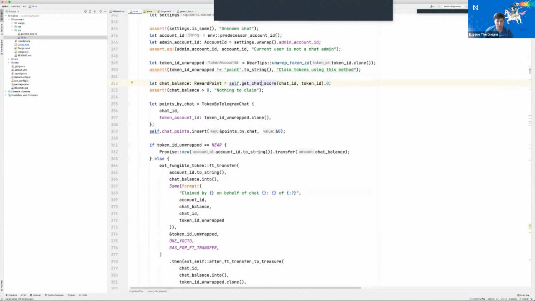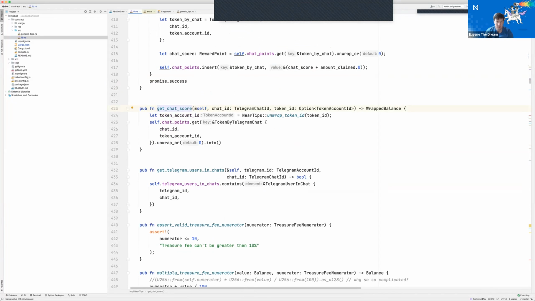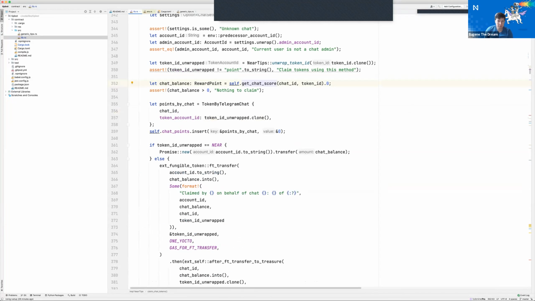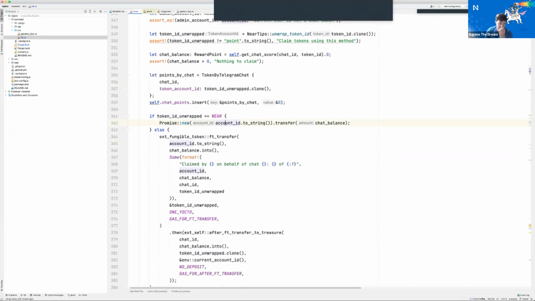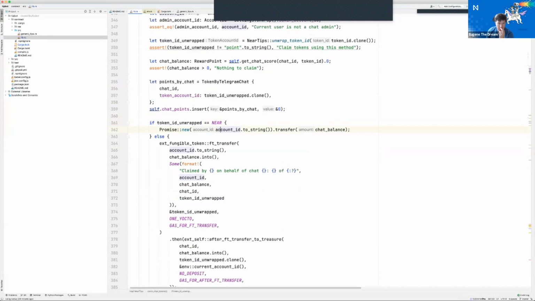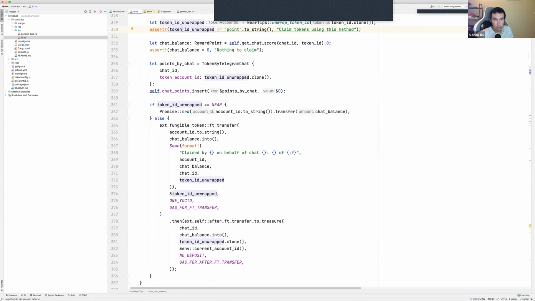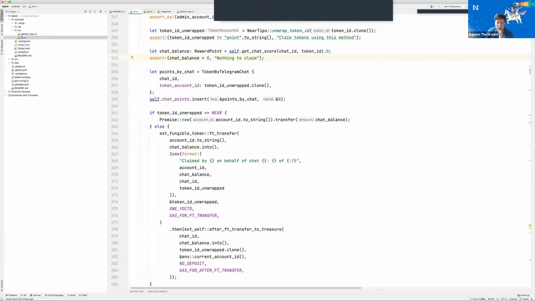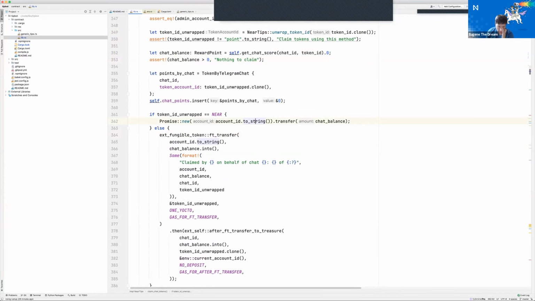Okay, get the chat score, that will return reward points, which is fairly simple. So it has to be more than 0, then points by chat, getting a chat ID. And we insert 0, so we basically say, okay, we took all the points. Now if the balance is NEAR, then we transfer it out. But I guess right now it's not supported and you can only transfer points. No, you cannot transfer points, right? So you can only transfer NEAR or not NEAR. Okay, so NEAR, you transfer it to the predecessor,